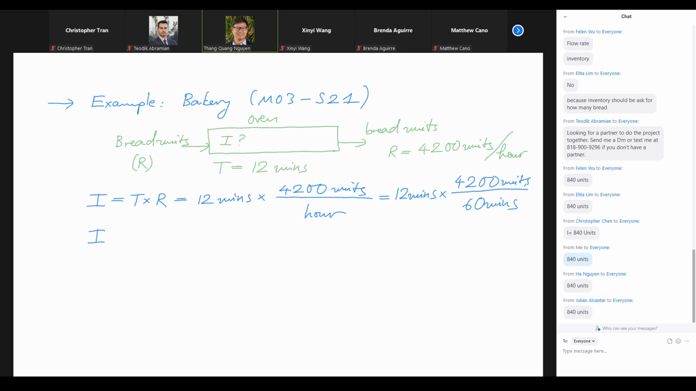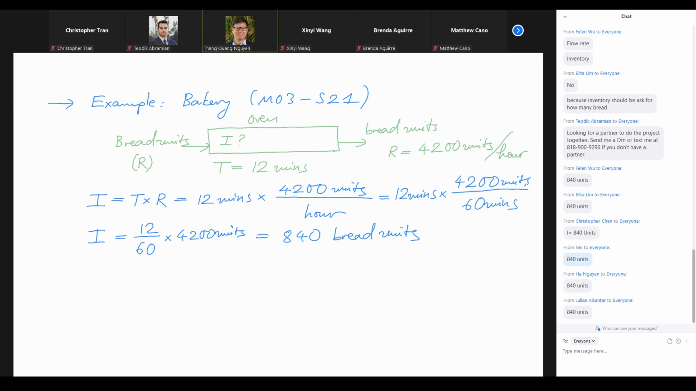Our inventory is going to be, so I would have the following. Okay. The minutes will be canceled out. We're going to have 12 divided by 60 times 4,200 units, right? I do this because I know that 12 divided by 60 is going to be 1 divided by 5. And then we take 4,200 divided by 5, then you would have 840 bread units,